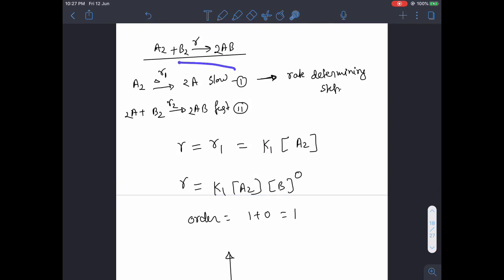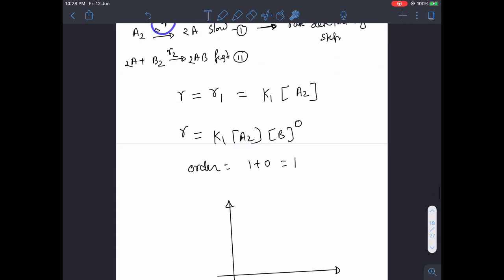So, this was slow and this was fast, which means that its activation energy will be high and this activation energy will be low. Because something will be fast only if activation energy decreases, because you remember K is equal to e to the power minus Ea by RT. If Ea decreases, K will increase. So, I can say that for the first reaction which is slower, the activation energy will be very high. So, if this is the level of reactants, guys, please make this peak larger.